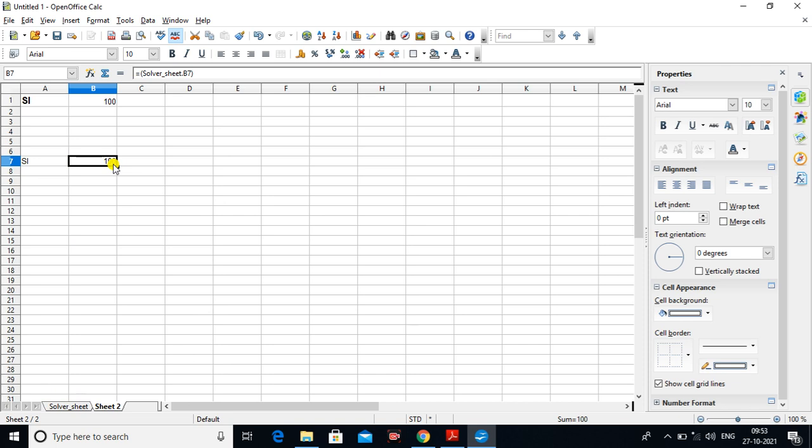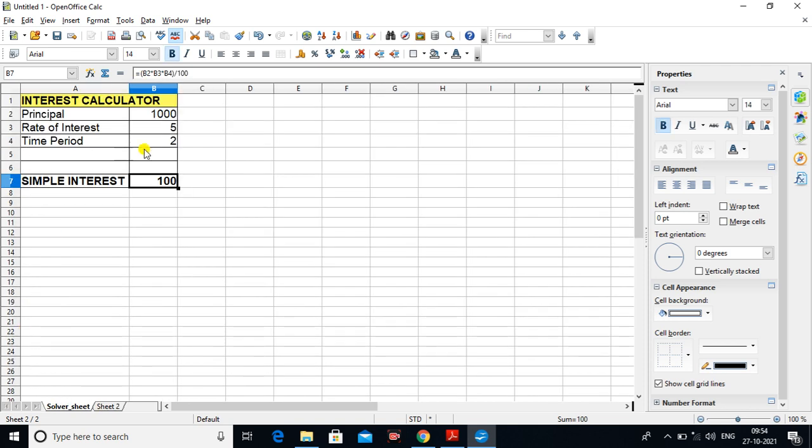Here we can also check whether the formula works properly or not. So I am going to the solver sheet and making some changes. I change the principal to 400,000 and the rate of interest to 7. Now look in the solver sheet, the simple interest is automatically changed.